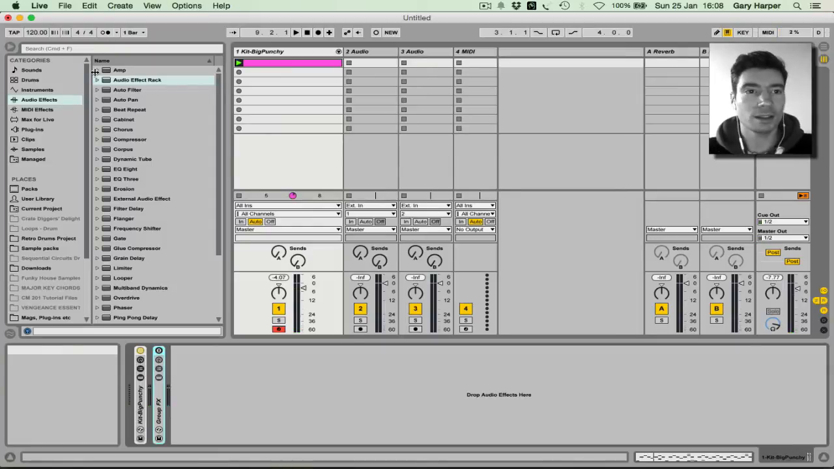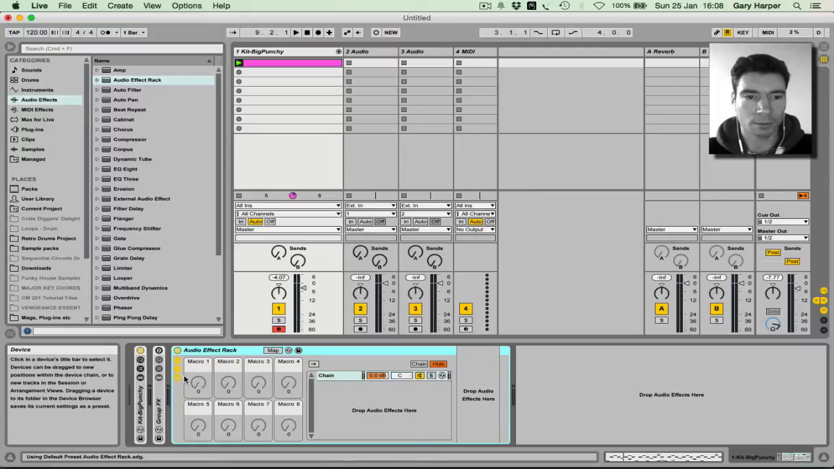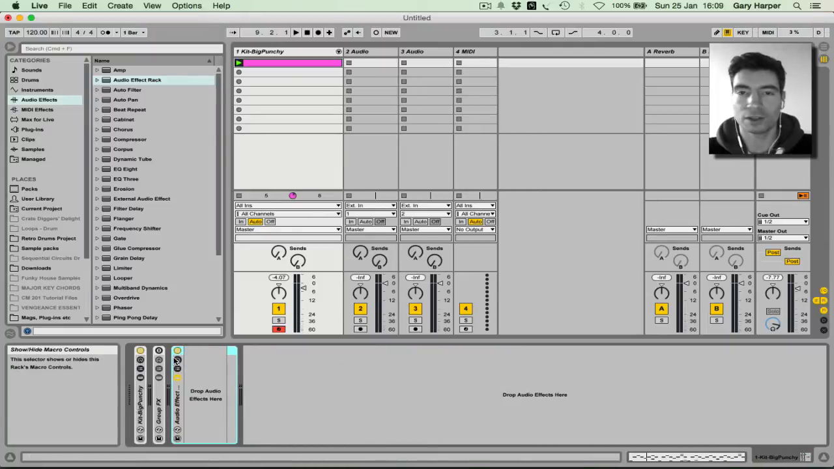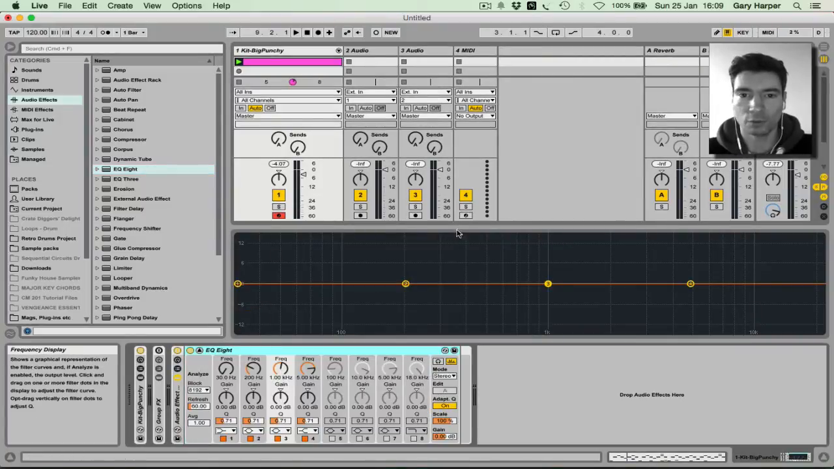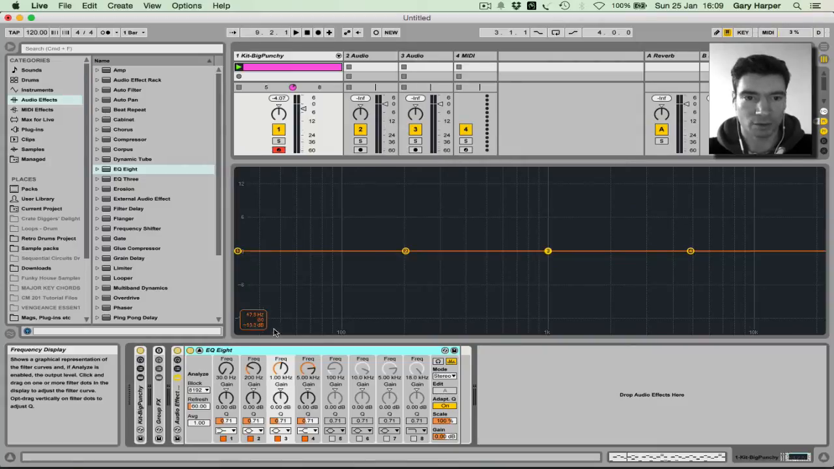First thing to do is to add in a blank audio effect rack, and we're just going to hide the chain section and also the macro section. We don't need to see those right now. First effect I want to use is an EQ, an EQ8 to be specific. This one over the EQ3, just because you can see a lot more of what's going on, especially as you